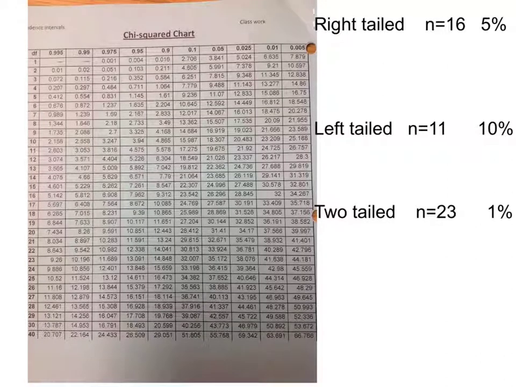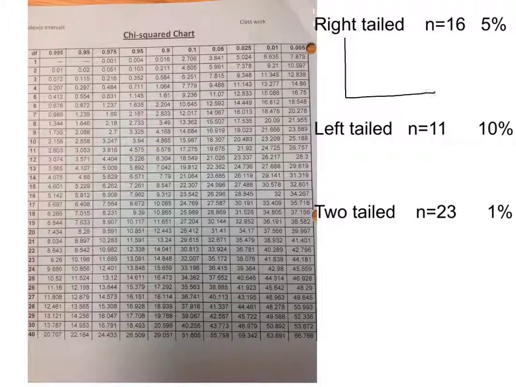The last section on significance testing talks about testing variance and standard deviation claims. If you think back to the confidence intervals, what we had talked about is that we can't use a z or a t, but we have to use the chi-squared. So if you flip to your chi-squared chart, the first thing we're looking at here is